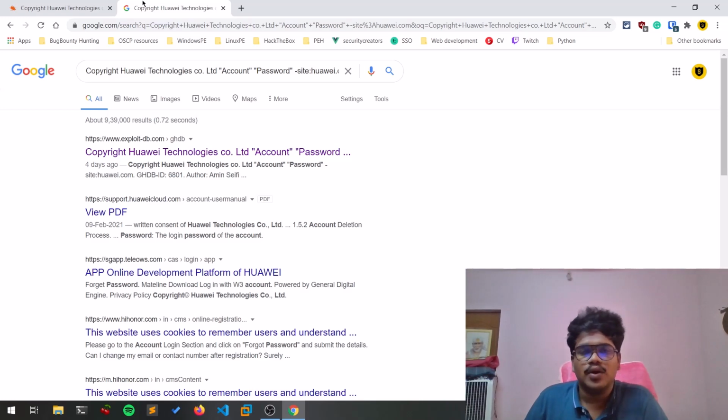There are many automated tools as well, but as always I like doing it the manual way. The difference between an automated guy and a manual guy, or the guy who built his tool manually, is that the automated stuff the particular user is using could not be helpful for him in the long run, because he doesn't understand what these things are. But if you do something manually, then you'll definitely understand what these things are up to and what these things are all about. So that's it, guys.